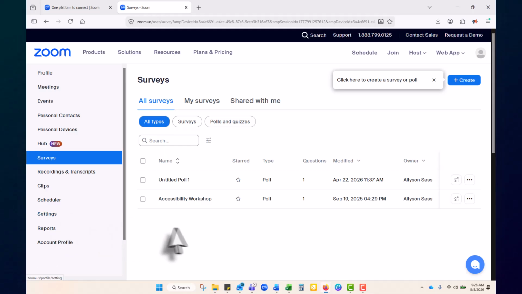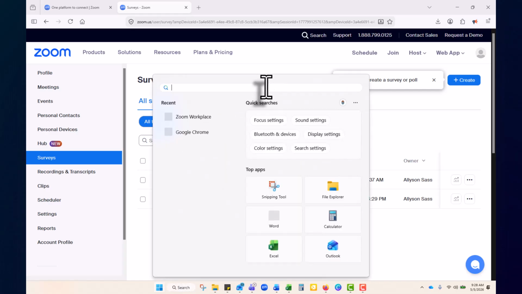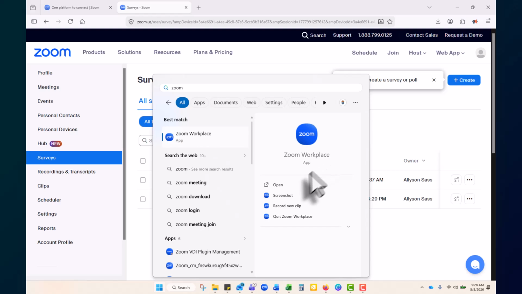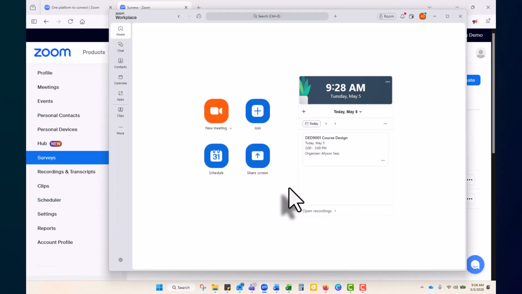If you have Zoom on your computer, and to figure out if you have that, you would come down to your start button and you could type in Zoom, and then you would see if you have your Zoom Workplace app. And this is another way that you can use Zoom and open up the meeting. So if you click on that, it will open up this Workplace app where you can start a new meeting right now,